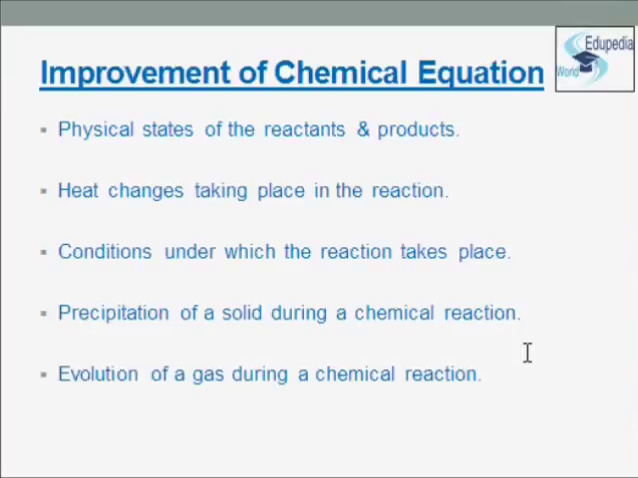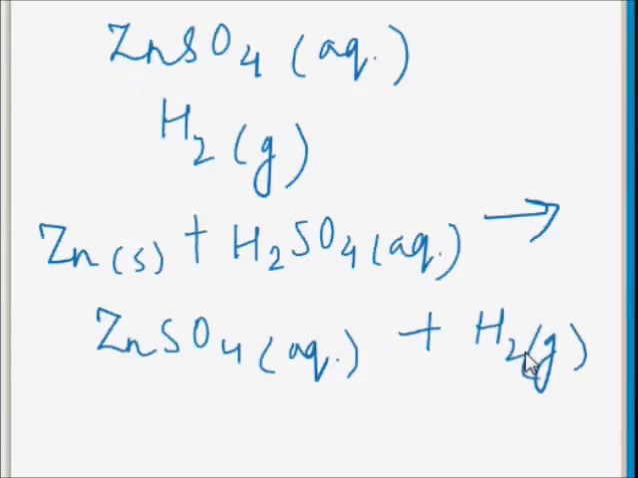Second, heat changes taking place in the reaction. There are two types of reaction on the basis of heat changes involved: exothermic reaction and endothermic reaction. The reactions in which heat is involved are known as exothermic reactions. And how we can indicate an exothermic reaction? By writing plus heat